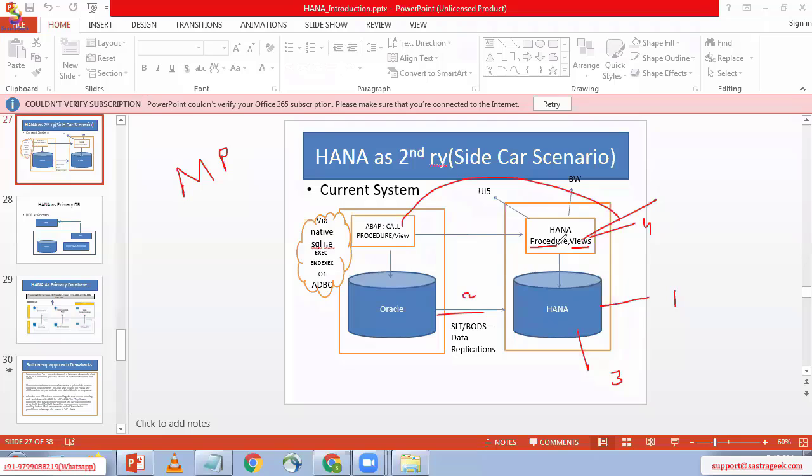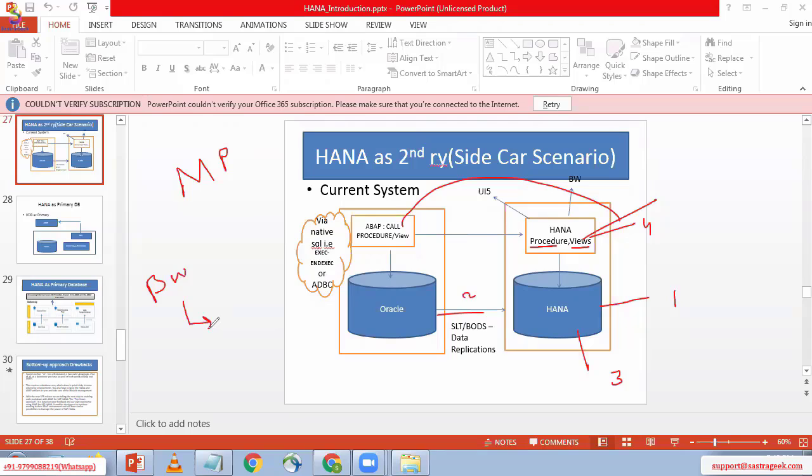But you can ask me, Anil Krishna, if we don't need to create the stored procedure in our project, why are you going to teach it? The stored procedure will be created by other people like BW people and complete HANA database people.